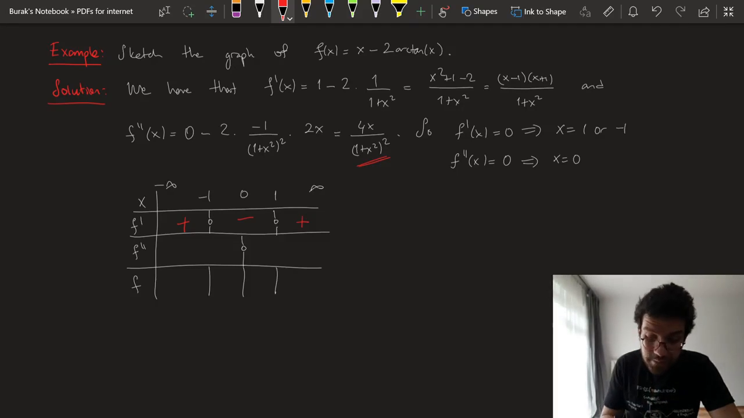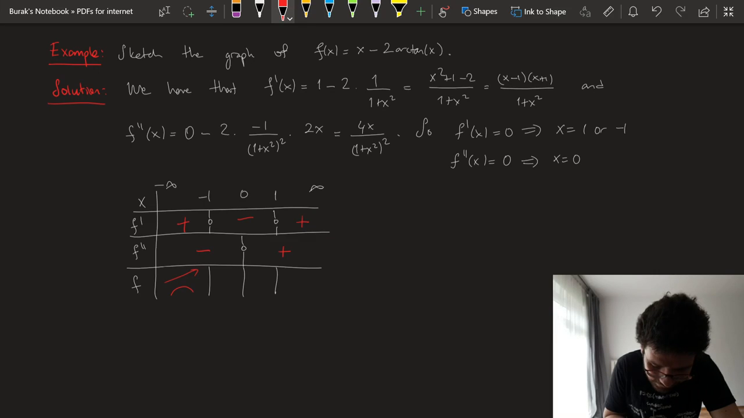This denominator is positive all the time, and in the numerator I have 4x, so if x is less than 0, this is going to be negative. If it's bigger than 0, it's going to be positive. So how does my function behave? Over here my derivative is positive, it's increasing, and